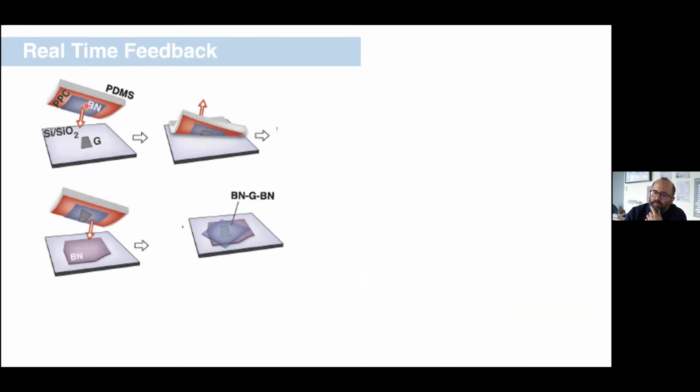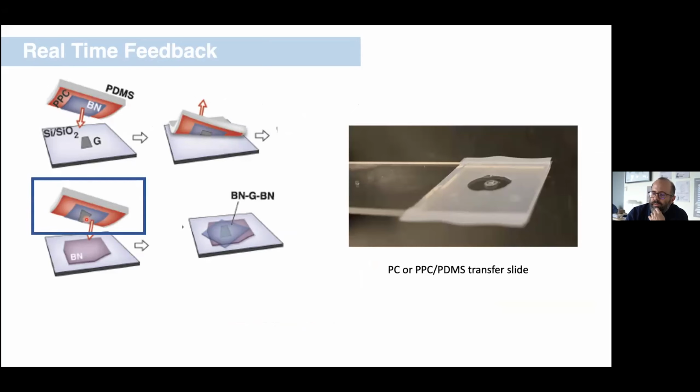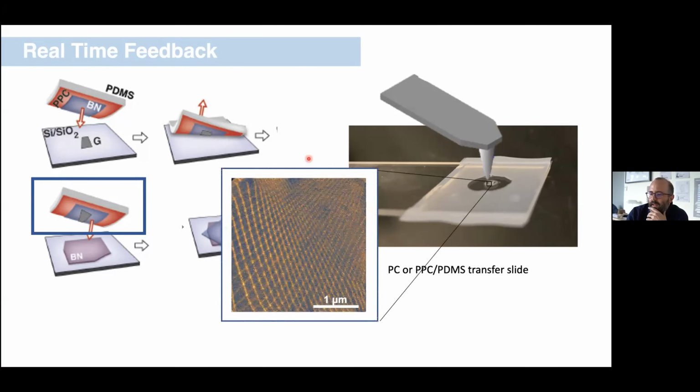So imagine that I pick up some 2D material, I pick up some other 2D material, and I can stop right here. I can literally turn this thing over. This is a photo image of our transfer slide. I can take this to my AFM and I can scan that. And I can say, in mid-assembly, how are things going? And here's an example of an image like that. In this case, you can see that this moire pattern is very non-uniform. It's many hundreds of percent change over just a micron. So this allows you to do some kind of in situ real-time feedback.